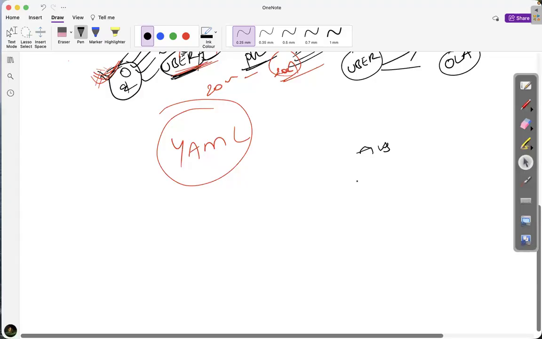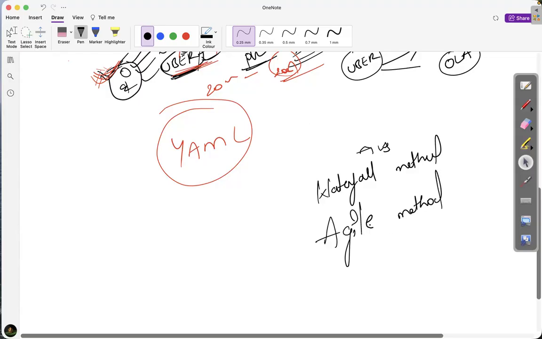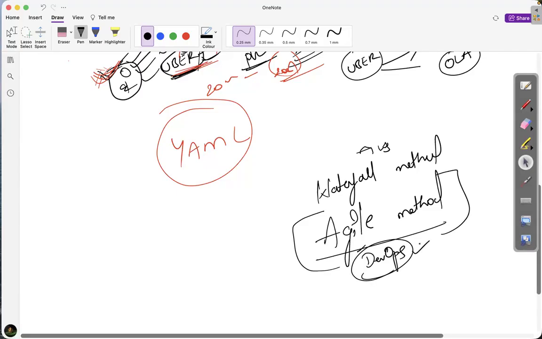Yes, some time back, I think. So here we have different methods like the waterfall method and the Agile method. Whatever we follow in Agile, if you do some advanced things, we call it DevOps. DevOps is a process, a culture, what you do to develop software. The process of following the SDLC, software development lifecycle, is called DevOps. Okay, fine.